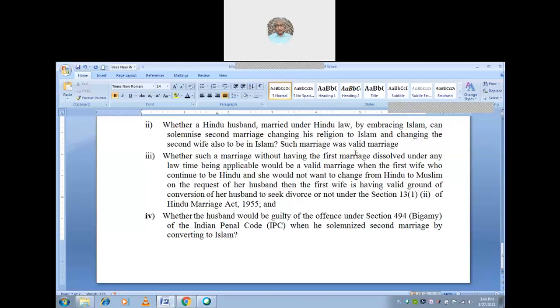Yes, that is Section 13, subsection 1, clause 2 of the Hindu Marriage Act. Wherever there is conversion by any spouse, the other spouse has a ground for seeking divorce. Earlier, divorce was not possible: first legal separation, next divorce. Even now, if you want to take divorce, even by mutual consent, a minimum of 6 months is needed, even more than that, because sometimes after some time their anger cools down and they want to reconcile. That is the reason the period runs from 6 months to 18 months.